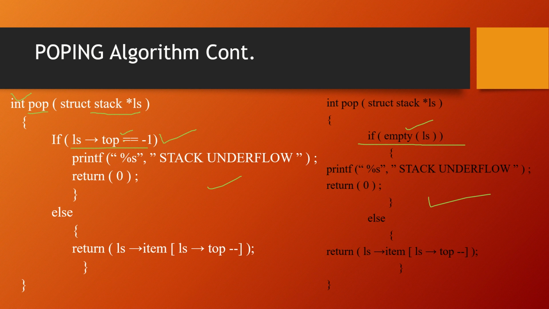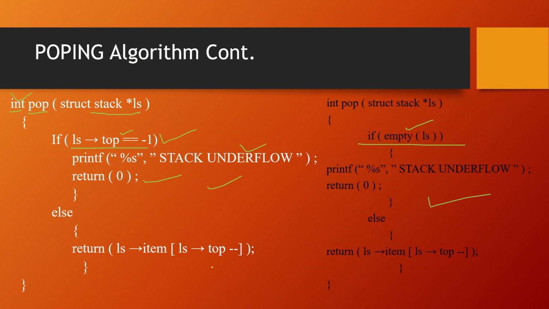So if it returns true, then we print the statement stack underflow and return 0, that is integer value. That is, the deletion is unsuccessful. Else, if you have to delete the element, pop the element, first you have to take the element from the stack, then you have to decrement the top. In case of insertion, first you have to increment the top, then you can insert the element. In case of popping, you have to decrement the top later on, but first